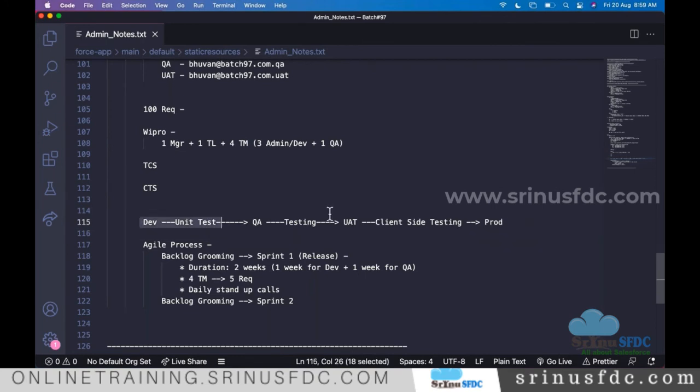So this access is not permanent for Wipro. Wipro is just helping with the requirements of the Dell company. Once they deliver and deploy and the project is done, the Dell company is going to deactivate all the users of Wipro. That will happen. Okay, sir, thank you.